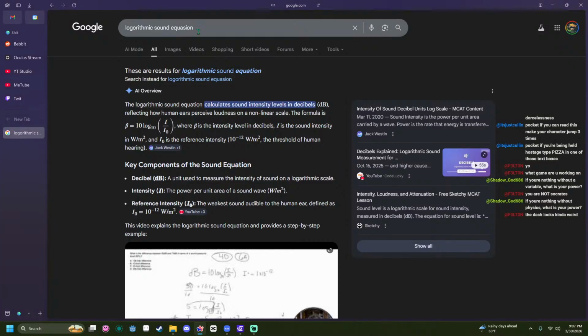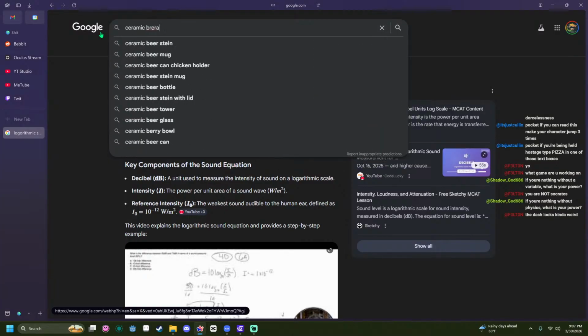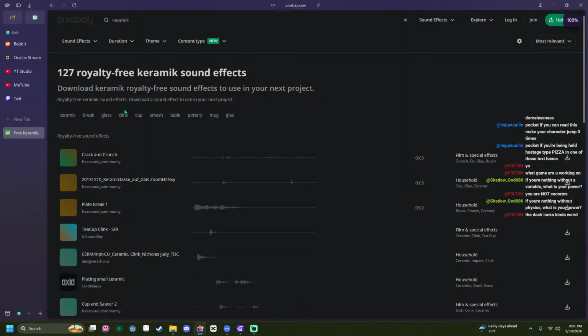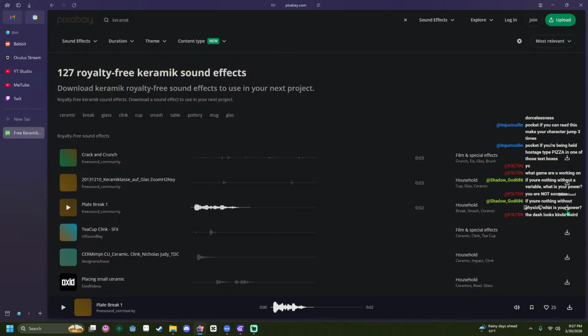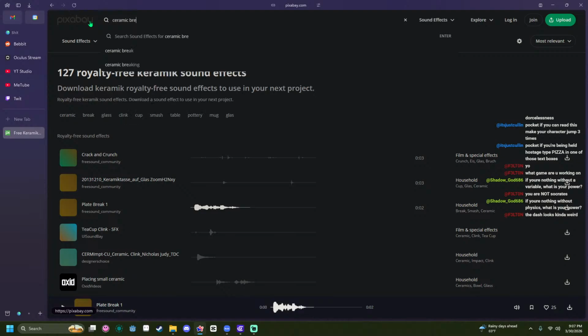I don't know how I'm gonna find this sound effect, but we're gonna figure it out. Ceramic break SFX. Ceramic? It is not plate break. That could be it. It's kind of loud. Let me try ceramic break because it didn't actually search that.